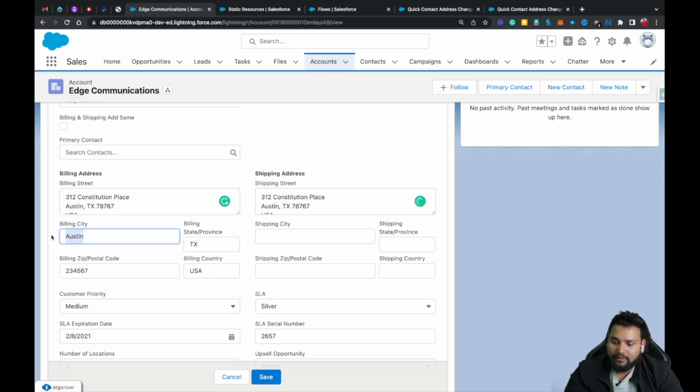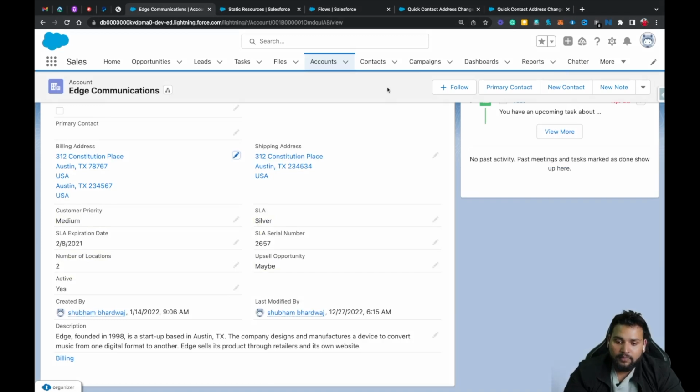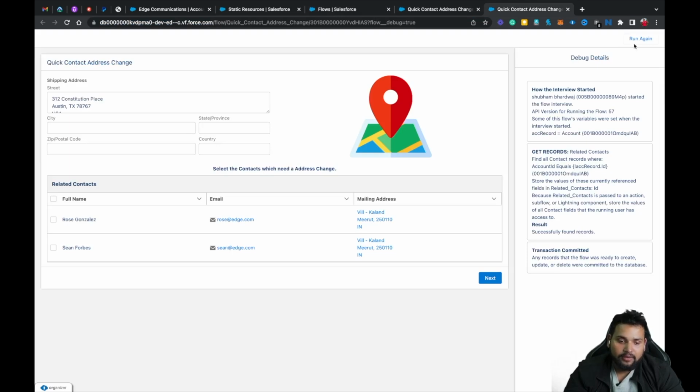So let's say if I add all these details to the account, right, and also remove the rest of the details here and save my record and move to flows again and click on run again, right, run again. So here you can see now the address looks good